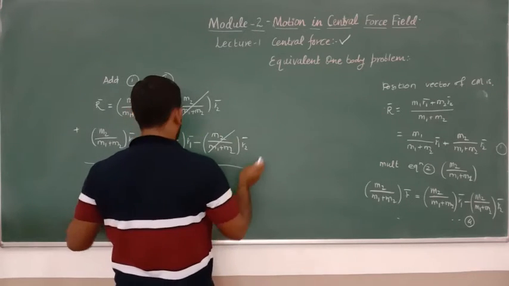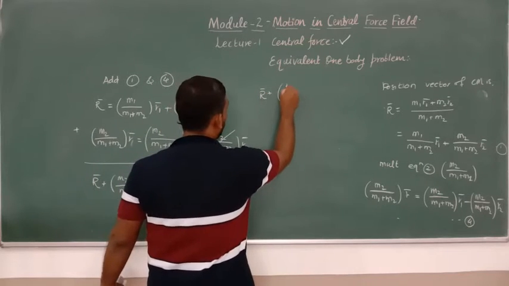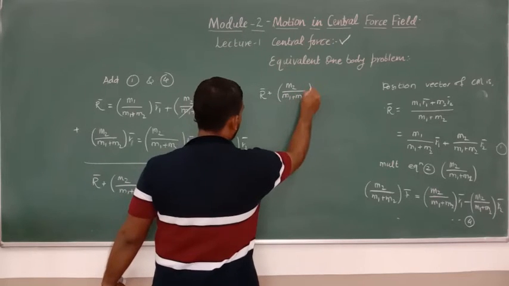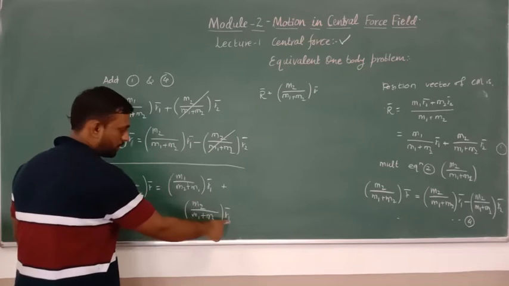So r bar plus m2 upon m1 plus m2 r bar is equal to, if you take r1 bar common,